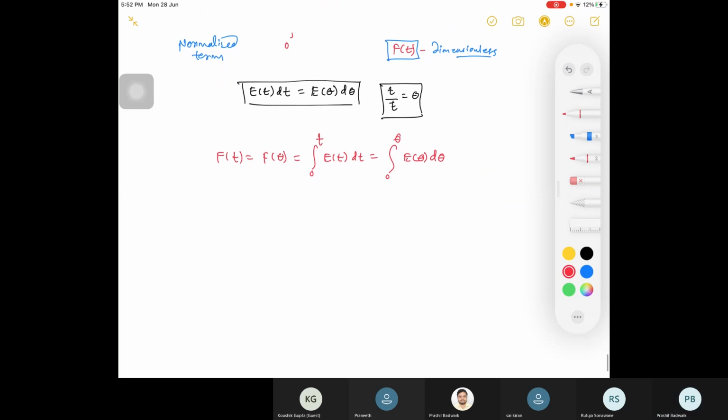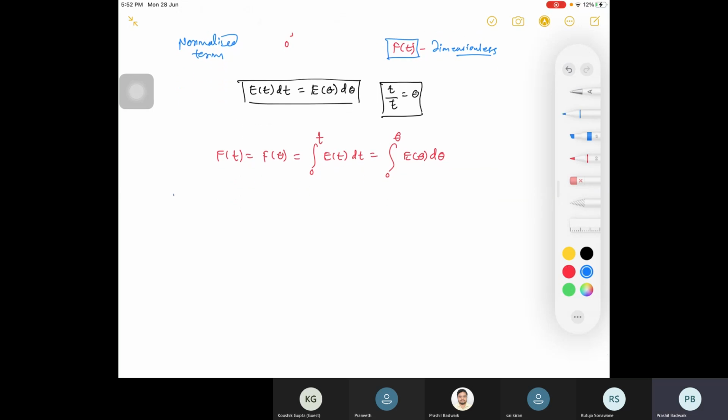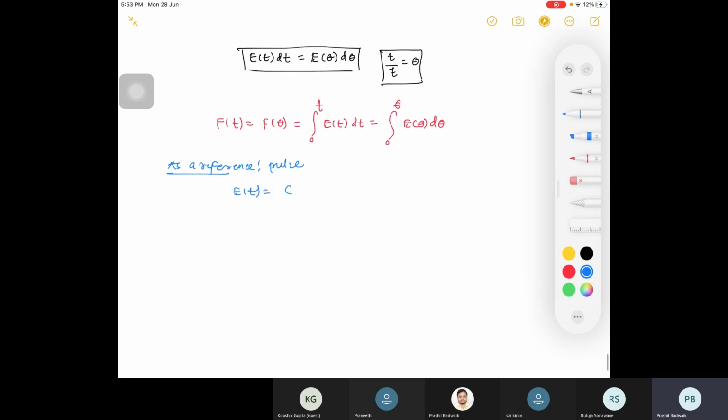Okay. So what we take as a reference in your pulse injection, what did we do? We are having E(t) and for this we took C(t) divided by the area under your C(t) curve, right? So what is your reference here? Your reference is your area under C curve, right?